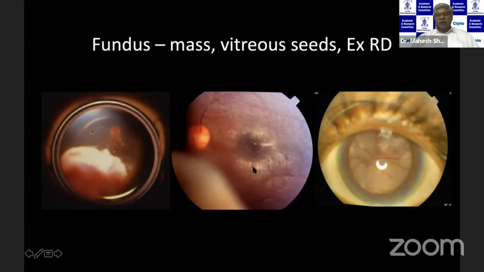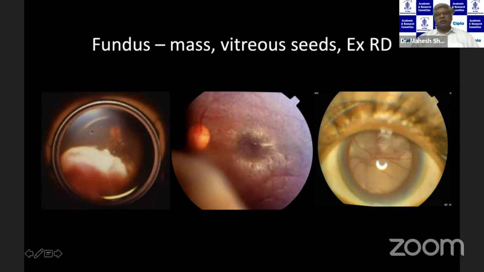What we see here is not a hazy photograph, but these are the vitreous seeds. So the vitreous seeds, meaning it's an endophytic tumor where the tumor is broken into seeds and obscuring the fundus details. Here we have an exophytic tumor. Exophytic means the tumor is growing towards the choroid. Endophytic, it's growing towards the vitreous cavity. Here we have an exudative retinal detachment. The retina is right behind the lens.